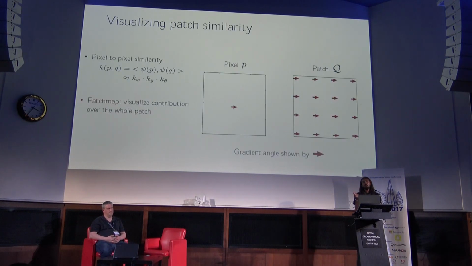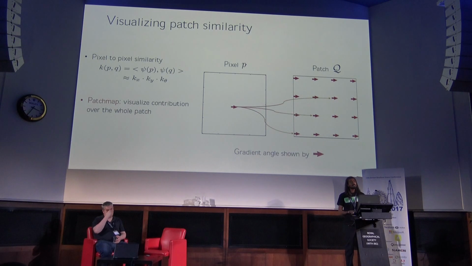Now, we've seen that if we change this k of pq, then on these parameterizations we get different kinds of descriptors. But the advantage of handcrafted descriptors is that they're supposed to give us some intuition, so we will see how we get this intuition in this case. Now, since I've defined the pixel embedding, I can also define the similarity between two pixels coming from two different patches, which means that I want to compare the pixel P in patch P to, for example, these three pixels in patch Q.